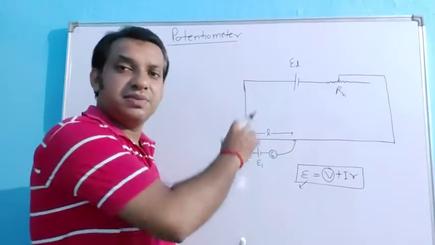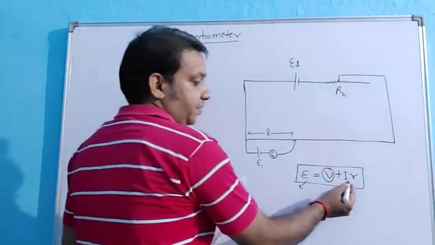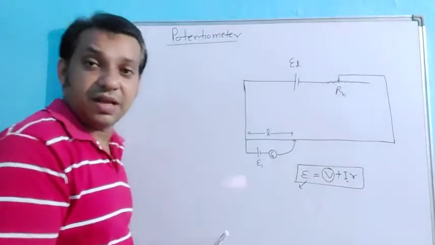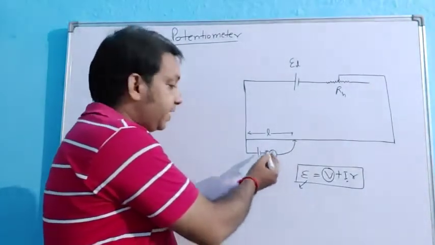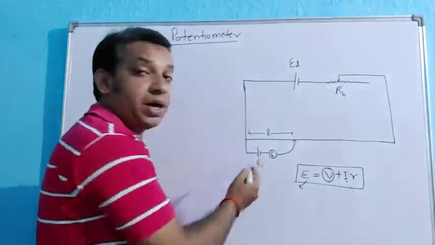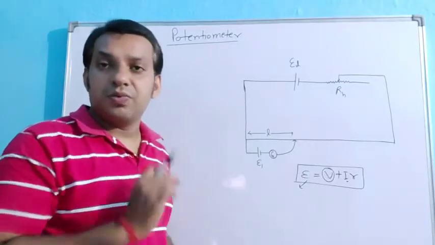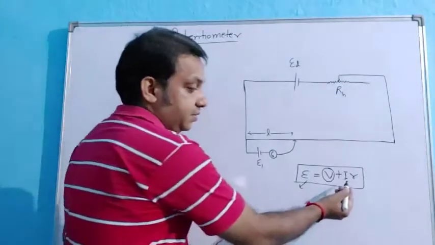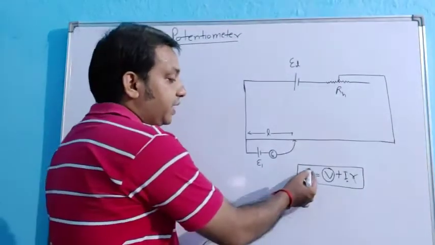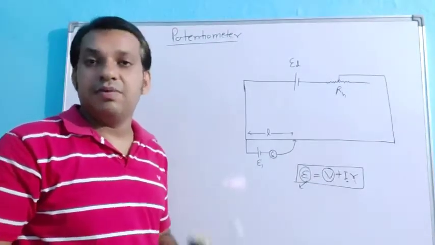And if the ions are moving in the electrolyte, then 100% the internal resistance is present there. While when we measure with the potentiometer, we do not get this I, because with the potentiometer setup the galvanometer shows null deflection. Null deflection means there is no current flowing, and if no current is flowing, the ions are not moving inside the cell. And if the ions are not moving, the internal resistance is not active. So in that case you get the EMF of the cell, not the terminal voltage.